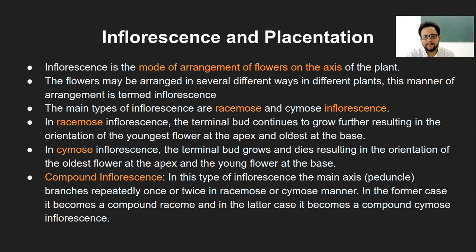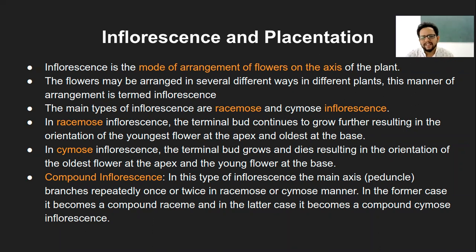Okay, so that particular arrangement of flowers is nothing but the inflorescence. And the flowers can be arranged in several different ways. You can simply imagine a bouquet that you have around, that is also a different way of arrangement. Naturally it can exist on different plants, like somewhere you can see them all in a bunch at one place, like at the end of the shoot, or in some cases you see at every branch you have only one flower and so on. So there are several such arrangements if you observe them around.